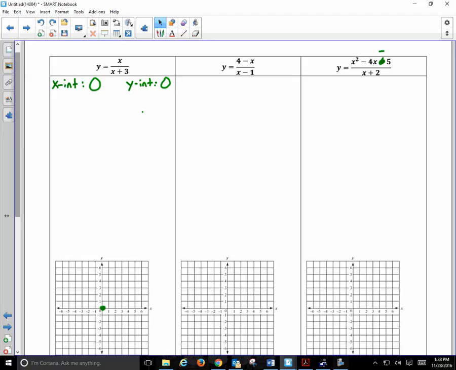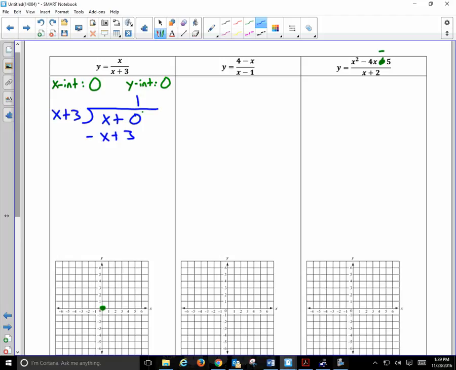Second of all, I would like to get a visual of what this graph looks like. Only my college algebra teacher never taught me how to graph stuff with x in the numerator. So what do we do? Well, we use our star quality of problem solving, and we take x plus 3 and we divide it into x plus 0. No calculators on this test. What do you multiply x by to get x? 1. x plus 3, subtract, and we get